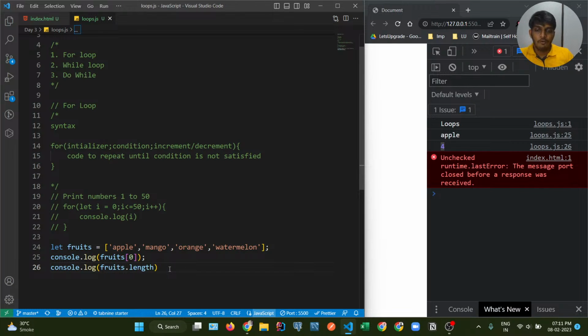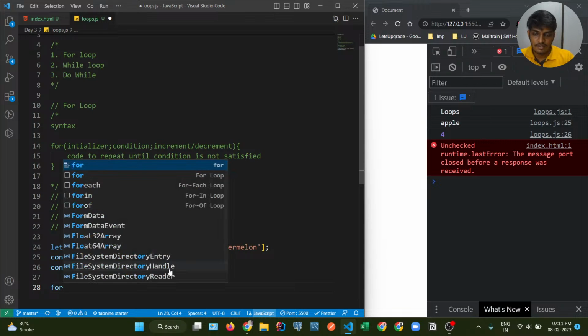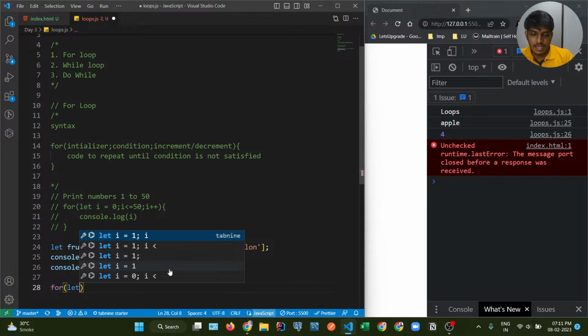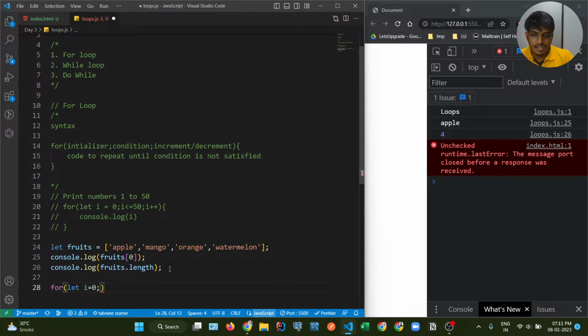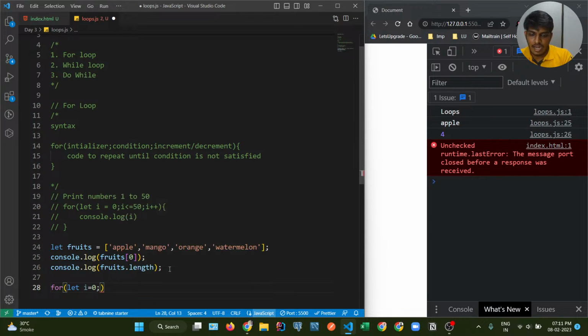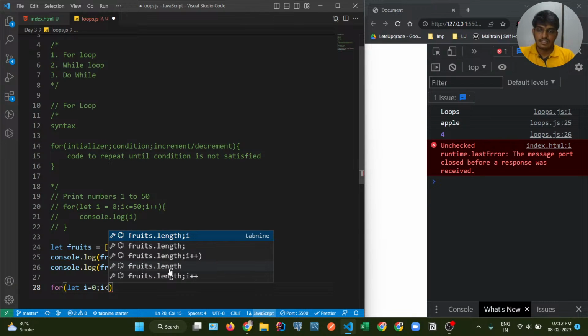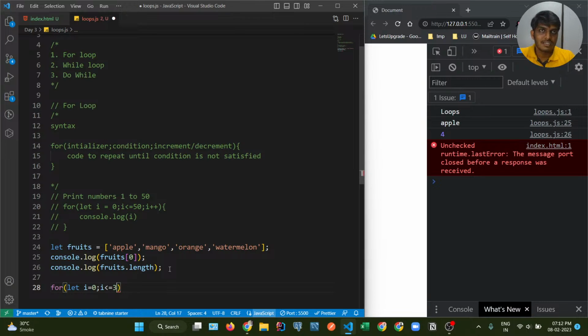So now we know this. Now we are going to print it using a for loop. So let's see how we can do that. So for let i equals 0, because our index will start with 0. Now I can do i is less than or equal to, what is the last index? That is 3. Okay, the last index is 3. Okay, and then I can do i plus plus,